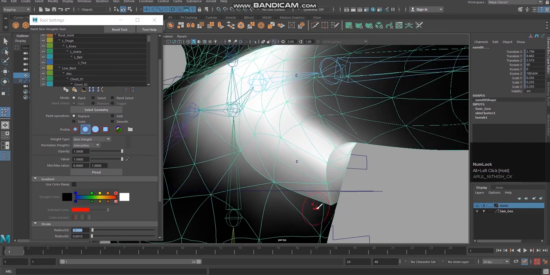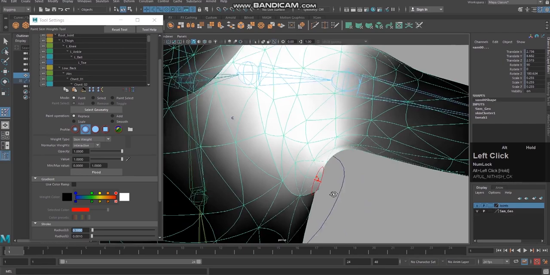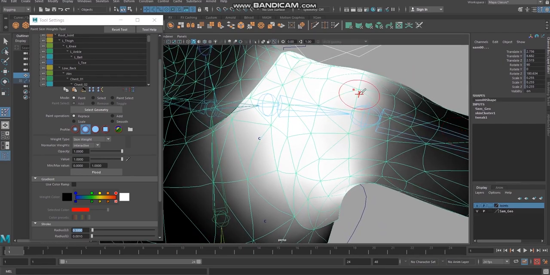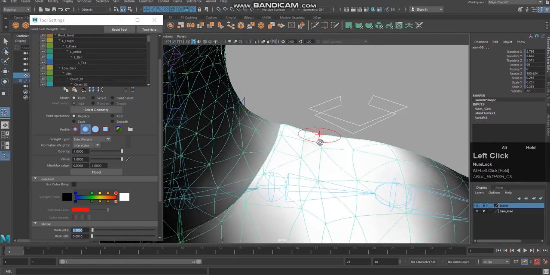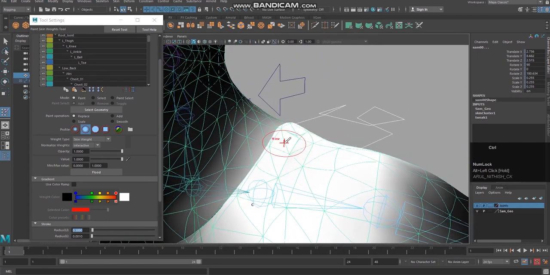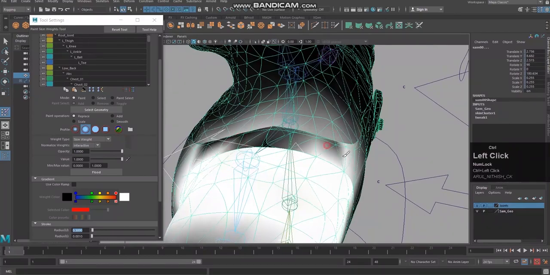Same thing, I'm just going to add influence here, and again make it smoother. Now here I need to make it smoother, but the problem is I have flooded the influence. So again I'm going to select control and remove the high density weight.